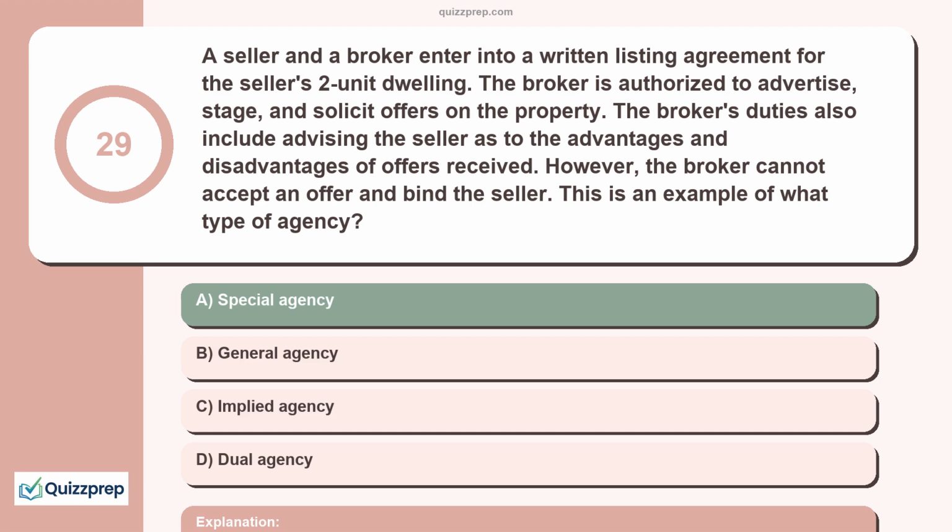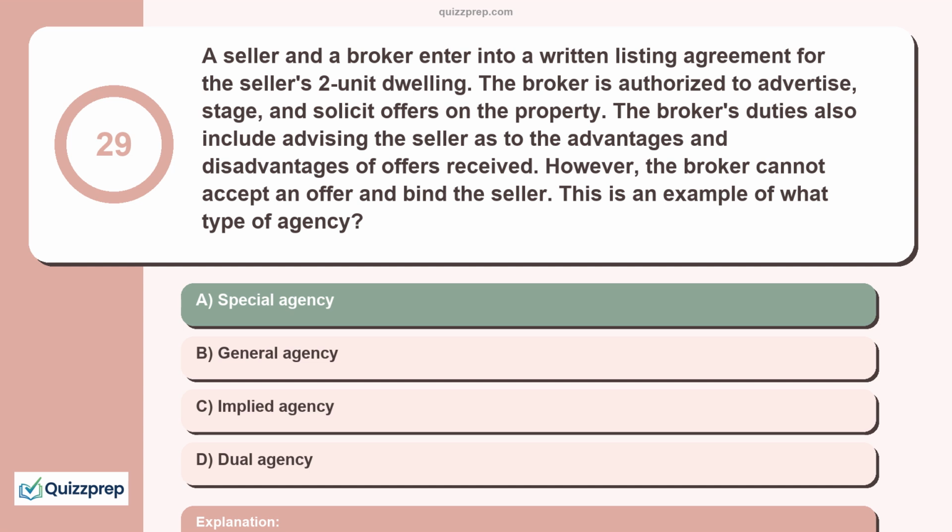An implied agency can be created unintentionally or by accident. It may be created accidentally through the speech or actions of the agent, for example, the broker for the seller advising a stranger who drops in at an open house. This answer choice is incorrect because, here, both parties intended to enter into an agency relationship and formalize that intention in a written listing contract.